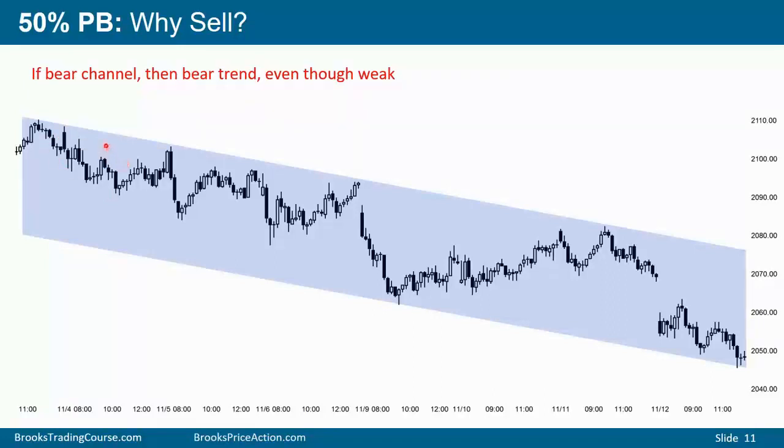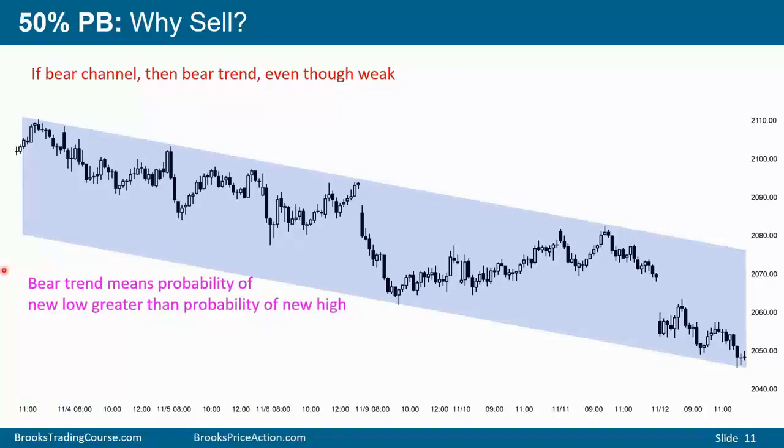We're in a bear channel. We're forming lower highs and lower lows. It's a weak trend. It spends a lot of time going sideways, and sometimes it reverses up strongly enough for the market to become always in long. However, because it's a bear trend, by definition, it means it's more likely to go down than up. Therefore, the probability favors a continued series of new lows rather than the market going above major lower highs.